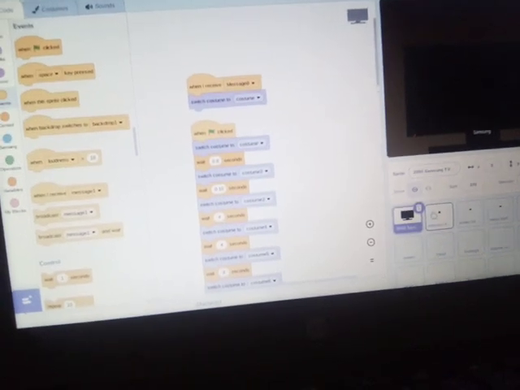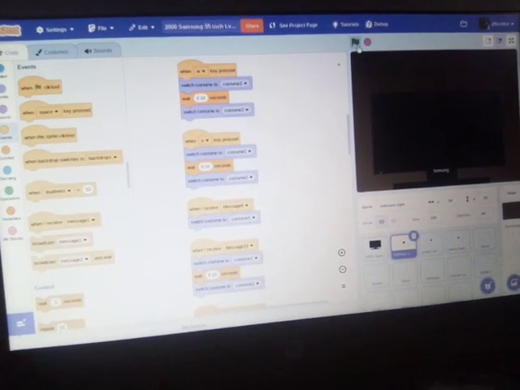Now, let me show you this one. This is your indicator light, which is, if you look, this little red dot right there. That is what tells you if the TV's on or off. So right now it's off, so it's going to be like that. But when I click the flag,